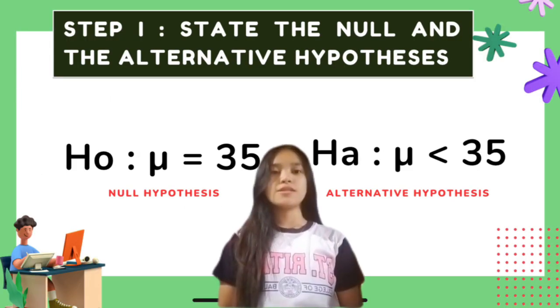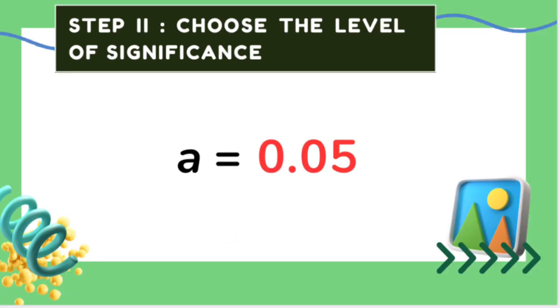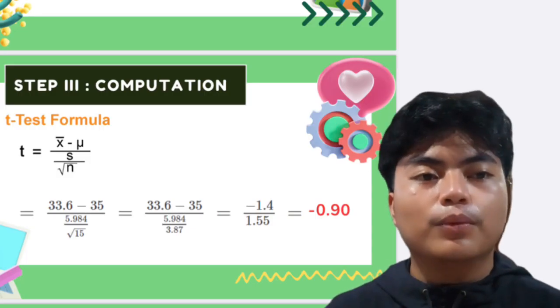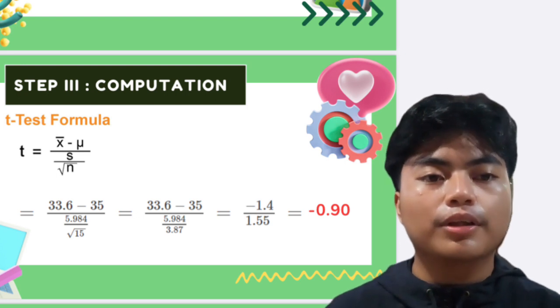The null hypothesis is 35, and the alternative hypothesis is less than 35. Based on our word problem, we can see that the level of significance would be 0.05. In step 3, which is the computation part, we will use a t-test formula since we are given a sample